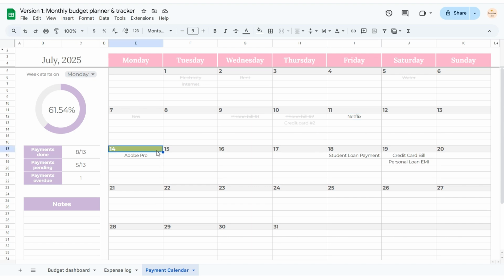The current date is highlighted in green, so you always know where you are in the month at a glance. And when you actually make the payment and log it in the expense log, the calendar updates again. That payment will be struck through and grayed out, marking it as completed. It's a gentle way to stay on top of your payments, without having to rely on a separate app or mental checklist. There's also a completion chart for the month, showing how much of your planned payments have already been